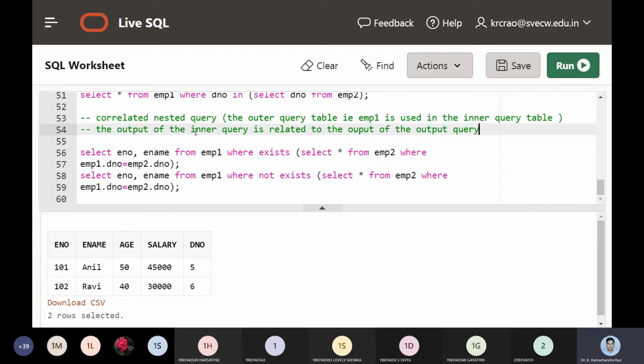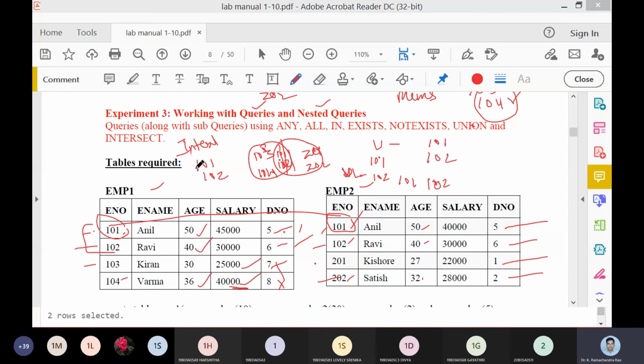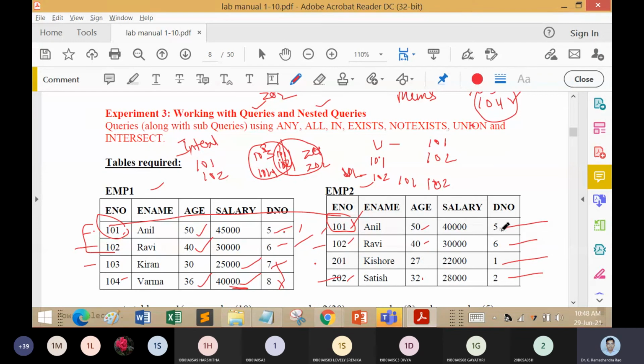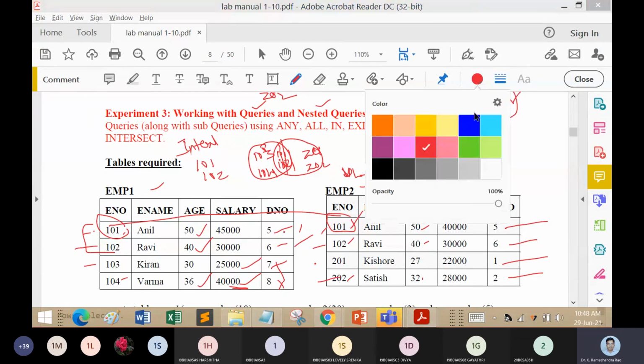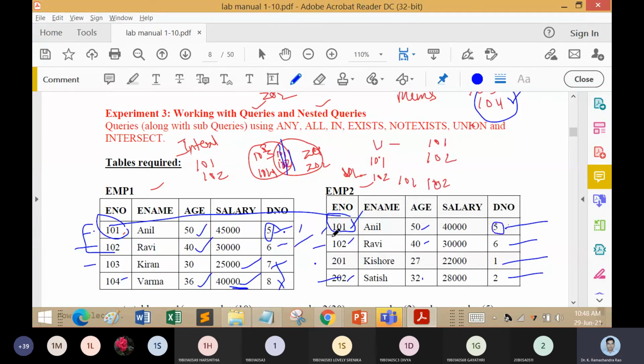So now you can see select employee number, name from employee 1 where exists. We need to have the commonality. So 5 is equal to 5, we can take up 5 and 5. Then we can take up 6 and 6.